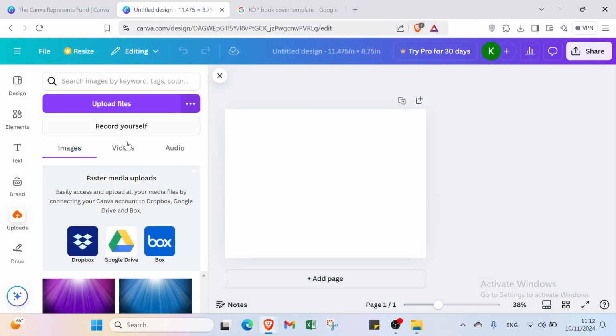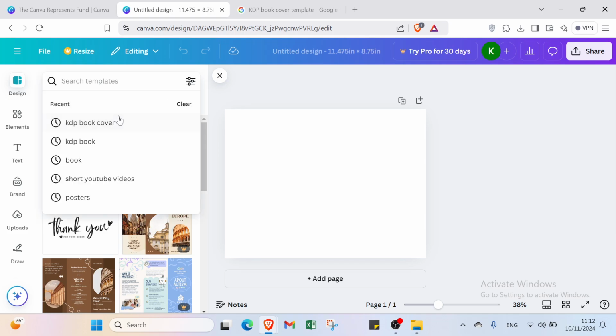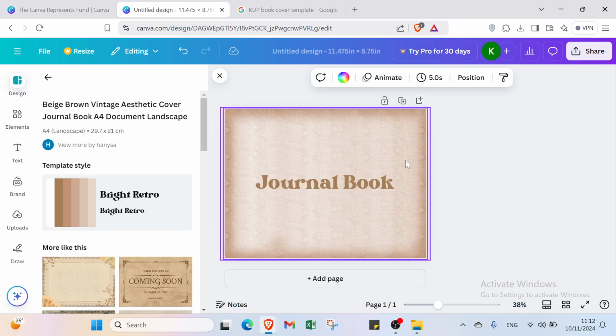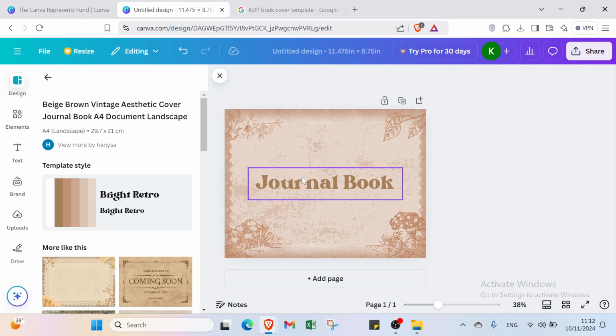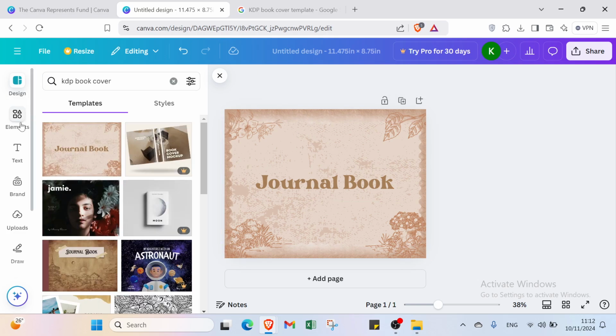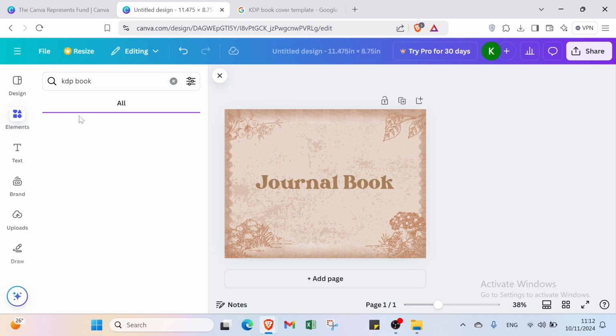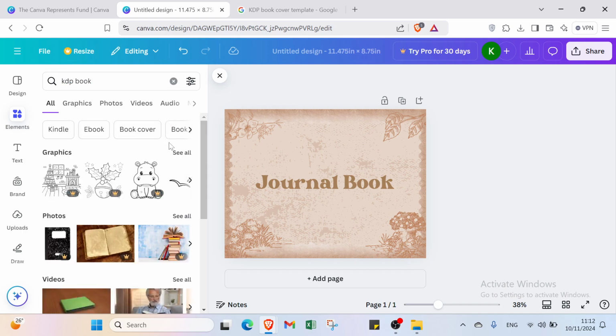All right, right now you have also other options that could help you. For example, design. If you just search for KDP book cover, you'll find various things such as this one. As you can see, you just have to click over here and you have a custom size as well. Then we have also here elements. You can also search for KDP book as well. Here we have a KDP book, as you can see, and then you just have to select